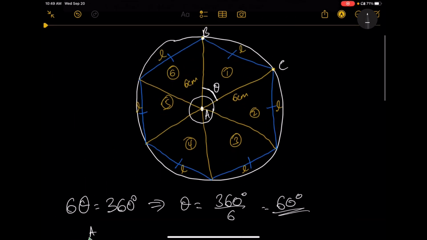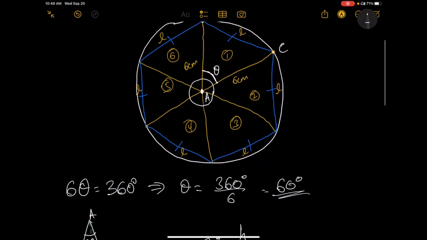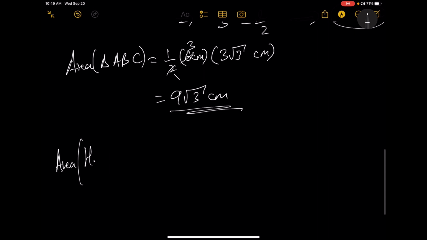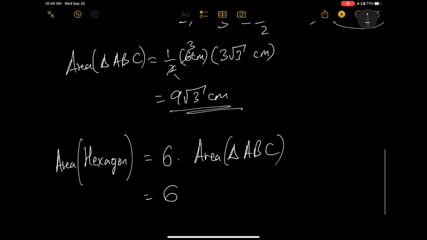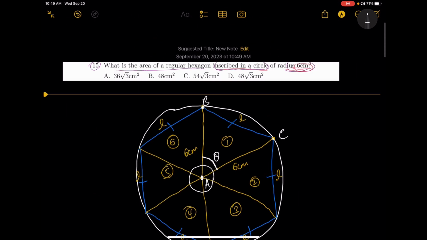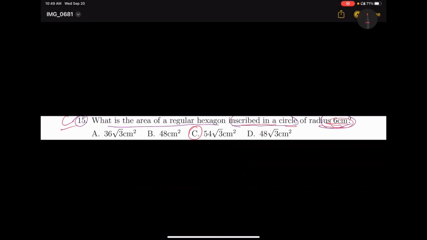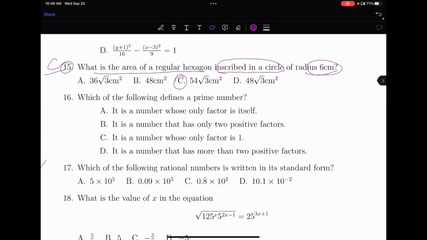ግን ምን ስንት አሉ? እንደ triangle ABC ስንት አይነት ትራያንግሎች አሉ? 6 አሉ። Okay, ለዛ the area of the hexagon it would be 6 times the area of triangle ABC, which is 6 times 9 times the square root of 3 centimeters, which would be 54 root 3 centimeter squared. Actually, this centimeter squared ነበር መሆን የነበረበት አስተካክሉት። 54 root 3 የሚል መልስ አለ። ለዛ መልሱ ሲ ነው ማለት ነው።